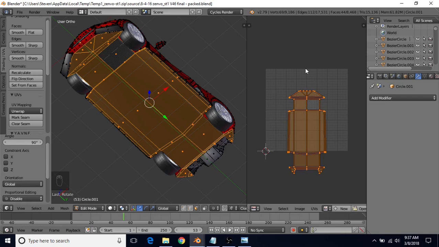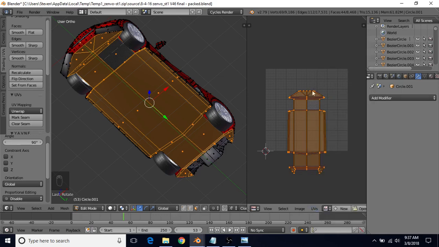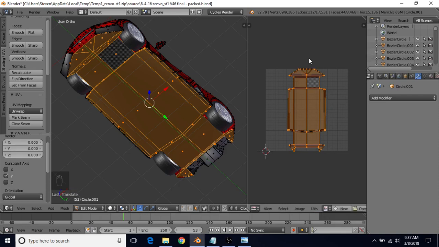And if we want to move this up and have it perfectly matching up with the edges of this square here, we can go to UVs and constrain to image bounds. Just left click on this, then do G and then Y and then left click, and now it's perfectly situated from top to bottom. Next, what we want to do is load in our image,